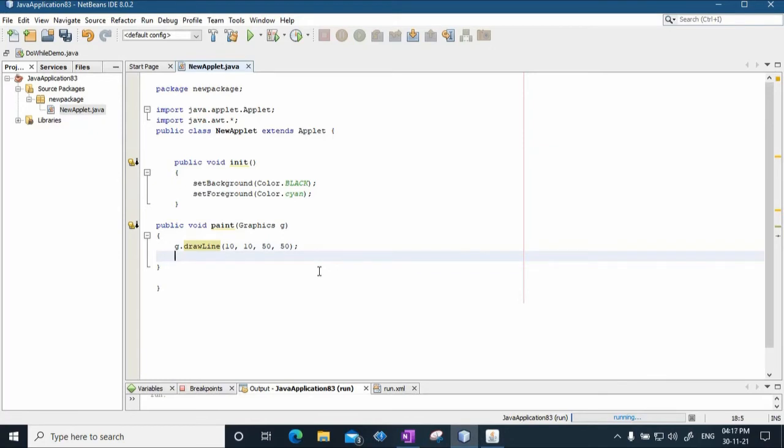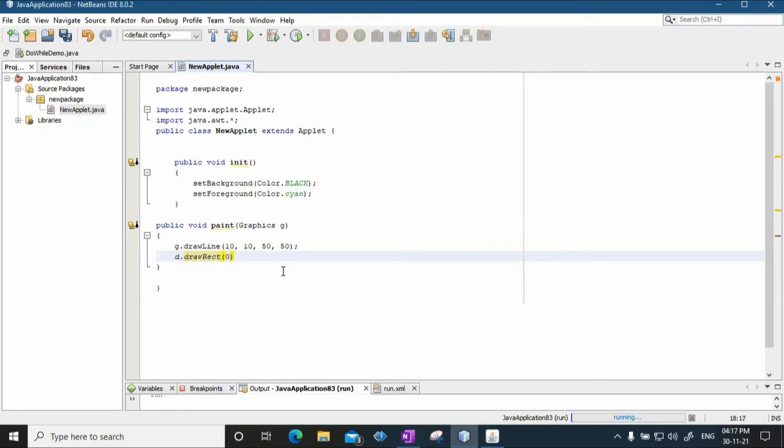The second method that we saw is draw rectangle. So I'll say g.drawRect, x comma y. Now notice that the second point was 50 comma 50, so the y value is 50. If you don't want any overlap, then the value of y for the rectangle should be more than 50.